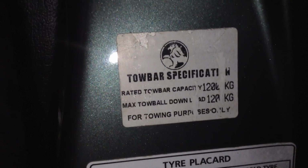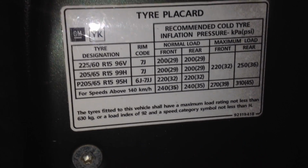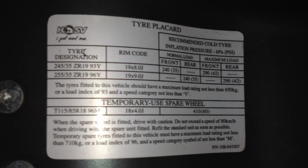That's the original tyre placard. That's the one I got for my mags. My towball rating. Blurry. There we go. Standard mags. Anyway,